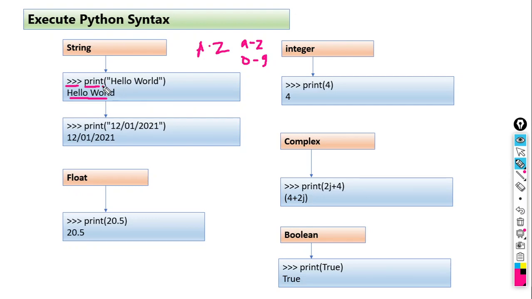Look here: opening round bracket, then opening quotation mark, then the text, hello world, then closing quotation mark, and closing round bracket. So this is the syntax: print, opening round bracket, quotation mark, then the text you want to print, then closing quotation mark, and then closing bracket.